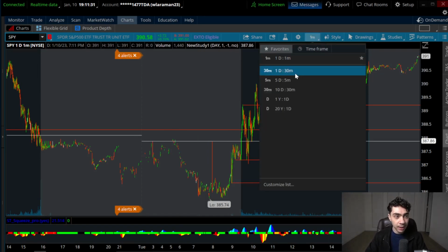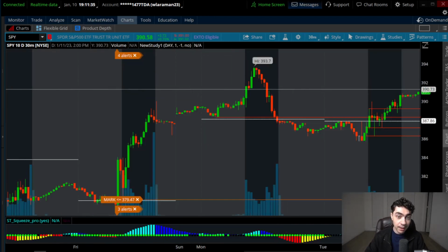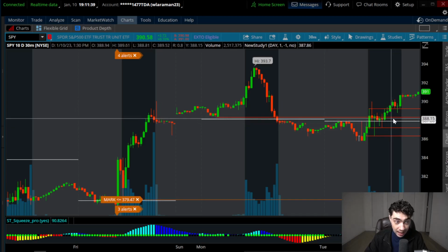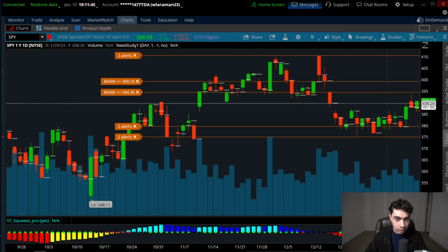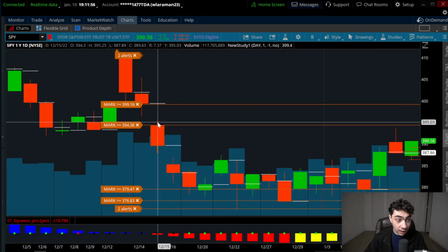And that's the main level that I'm interested in heading into tomorrow, this $390.58 level. I'll also be keeping an eye on that $388 level. Those are my two levels that I'm going to be looking at heading into tomorrow. Now, if it does remain bullish, the next price target would be $393.70. If the SPY were to break above that and turn that into support, the next level would be 395.25,